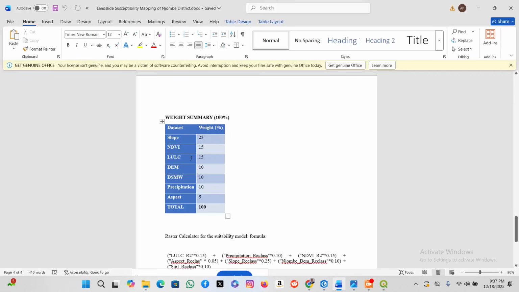So I assigned the value of 15, then land cover 15, the digital elevation model 10, the soil map 10, rainfall 10,